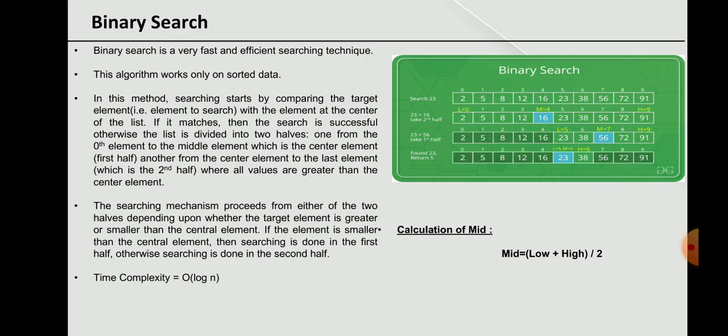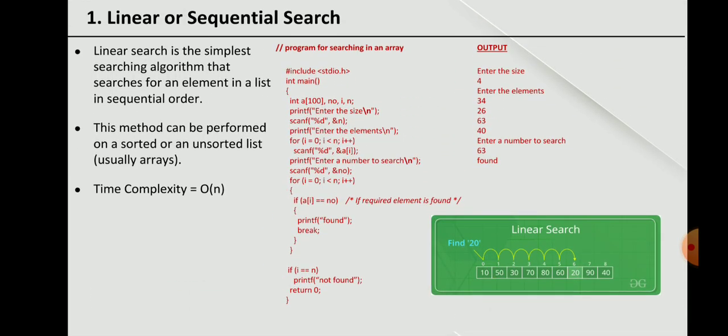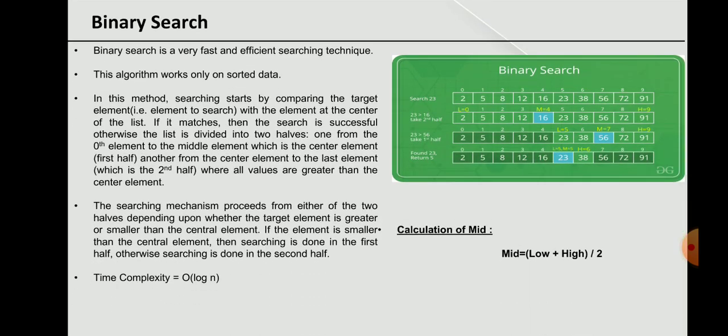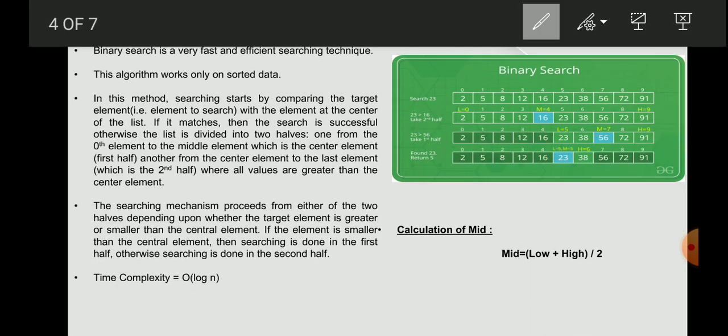So this is the array given to us. I want to search 23 in this array. So before proceeding, first our algorithm will calculate mid. So our low will always point to the first location, that is 0, and high will be at the last location, that is 9. So mid will be calculated using this given formula, mid equal to (low plus high) divided by 2. So (0 plus 9) divided by 2 will be, with integer division, 4.